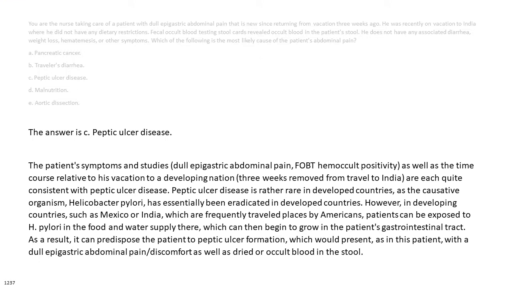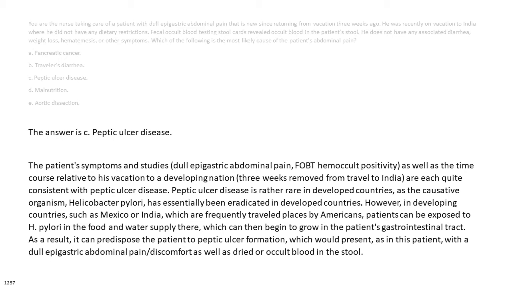The answer is C. Peptic ulcer disease. The patient's symptoms, dull epigastric abdominal pain, FOBT positivity, as well as the time course relative to his vacation to a developing nation, 3 weeks removed from travel to India, are each quite consistent with peptic ulcer disease. Peptic ulcer disease is rather rare in developed countries, as the causative organism, Helicobacter pylori, has essentially been eradicated